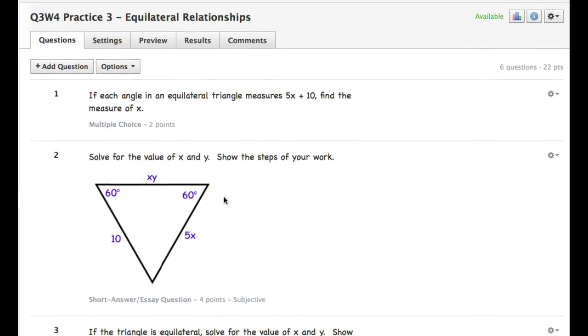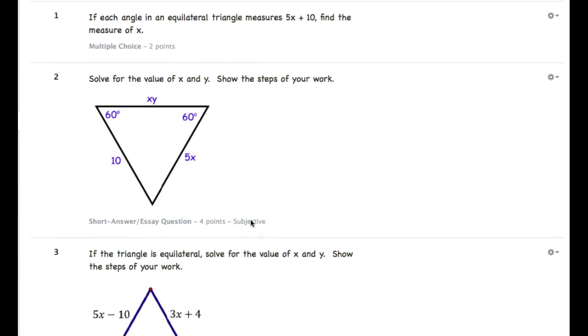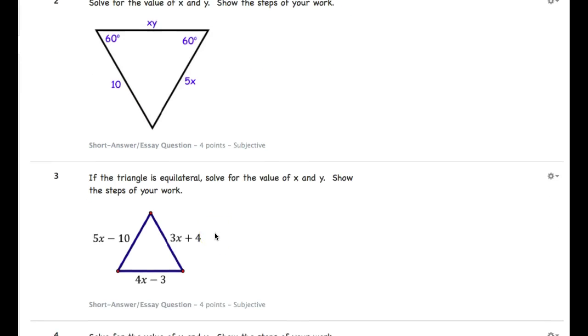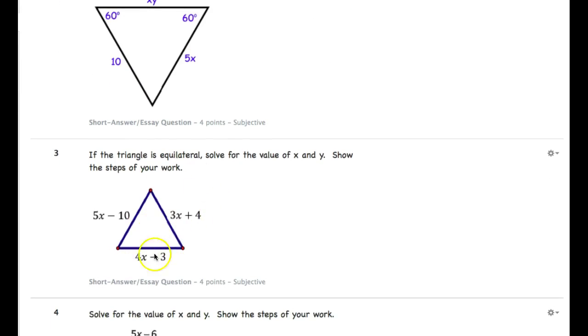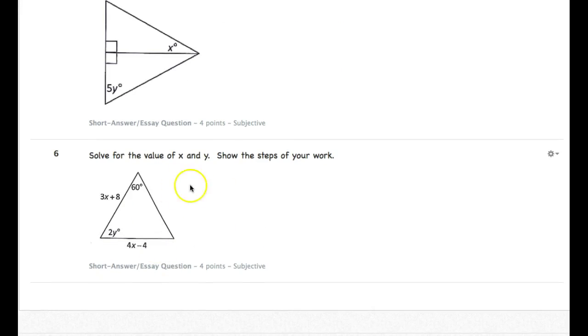So the last one, equilateral relationships. You just have to remember that, of course, equilateral triangles, all the angles are 60 and all the sides are congruent to each other. So use all that information. All the angles are 60, all sides are congruent to each other, and you can use that to figure out